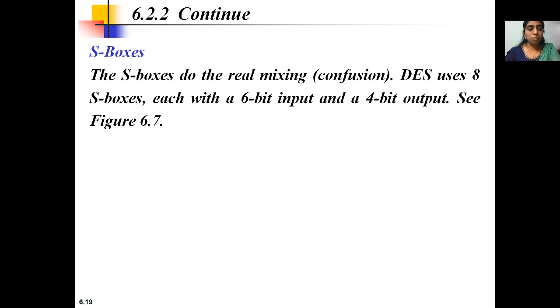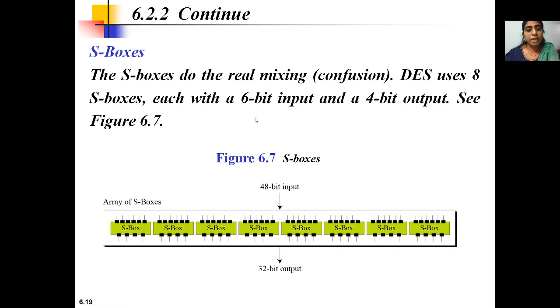So coming to the S box function. The S boxes are said to be the confusion. Confusion is nothing but we are going to substitute the boxes. So S box can also be called substitution boxes. In this substitution box we are going to take the 6 bit values and we are going to get a 4 bit output. So let us see how we are going to get it. We are going to take the 6 bit as an input and output the 4 bit.